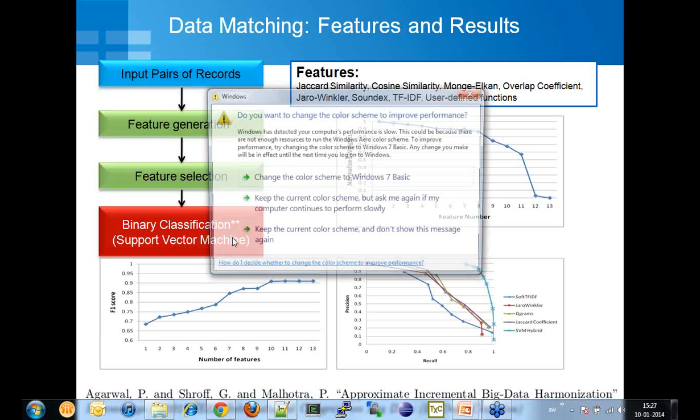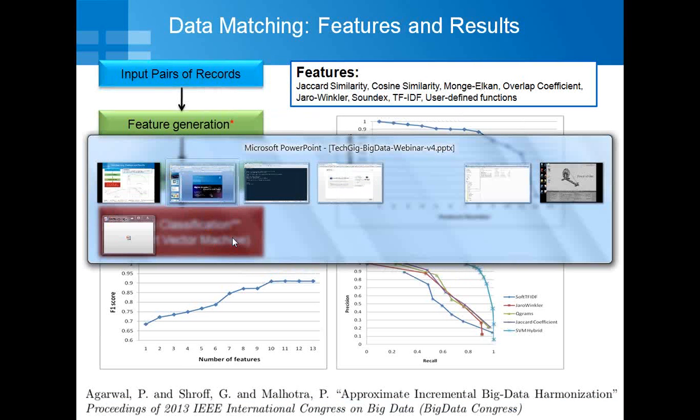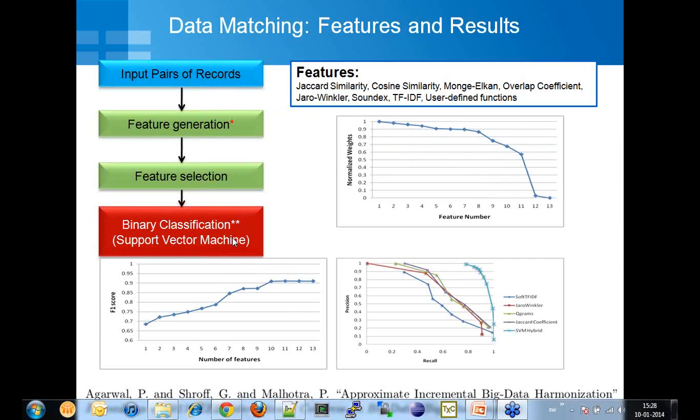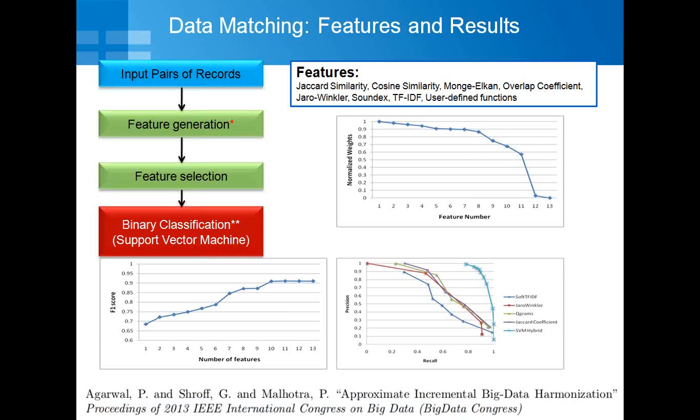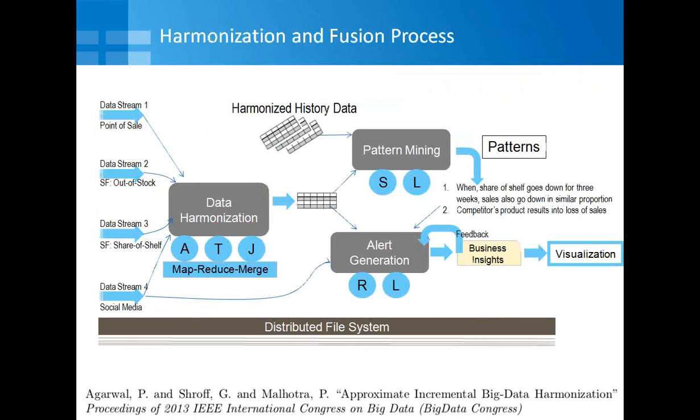Test data actually keeps coming in production, but training data is built in the beginning. And we extract features like those explained in the top right corner: Jaccard similarity, cosine similarity, etc. Having extracted these features, we do feature selection to keep the more effective ones, and finally use something called a support vector machine, which is nothing but binary classification, which simply says, does it match or not? Straightforward. Details of this again are available in the publication mentioned at the bottom of this page. And then what is essentially happening here is